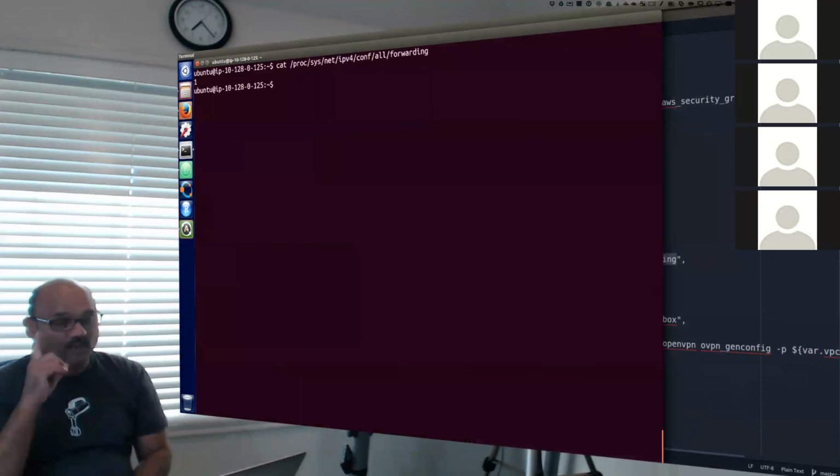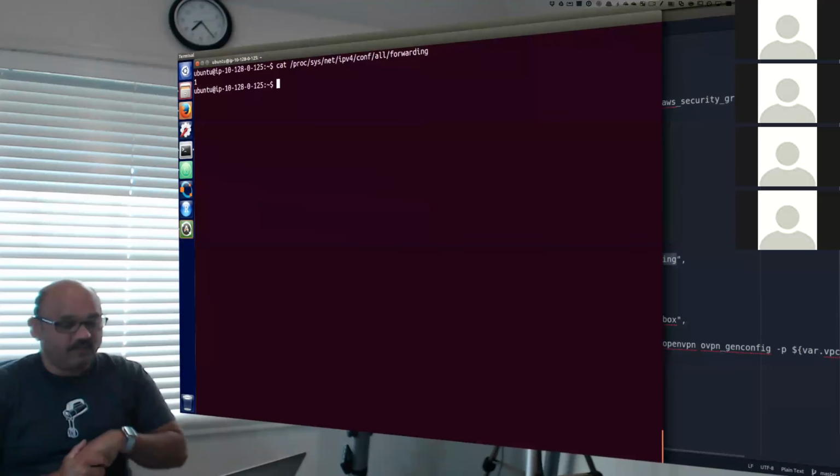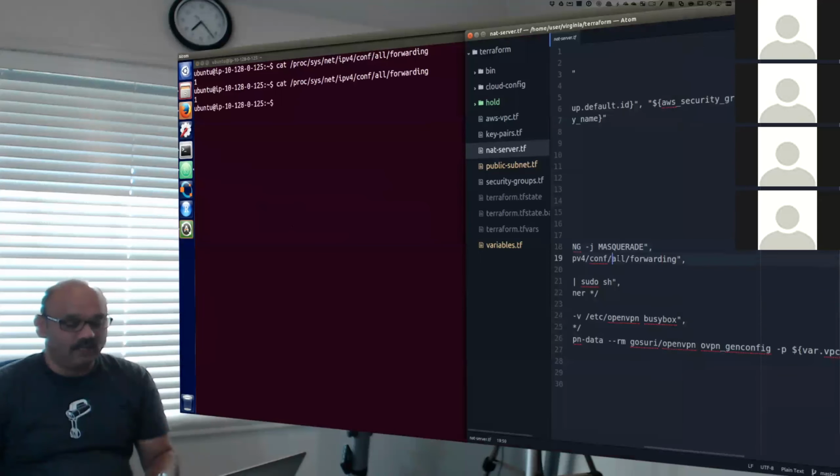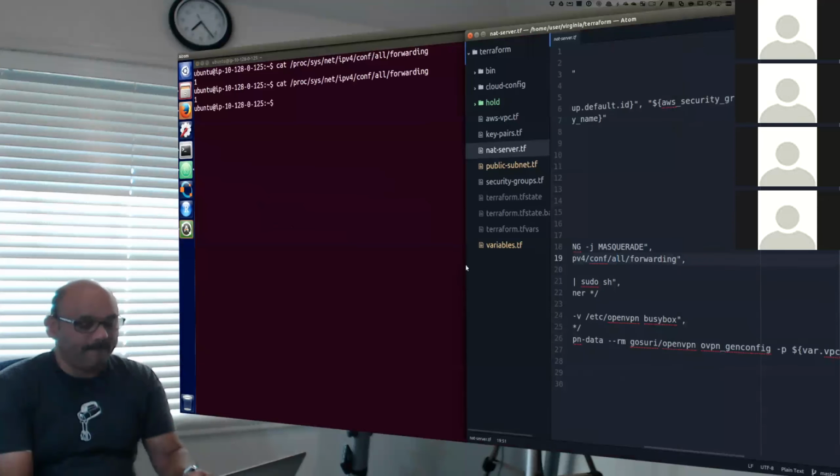and you see that it contains the number 1. That is one characteristic that you will see that is a property of IP packet forwarding. And that is what we created in this line here, line number 19.